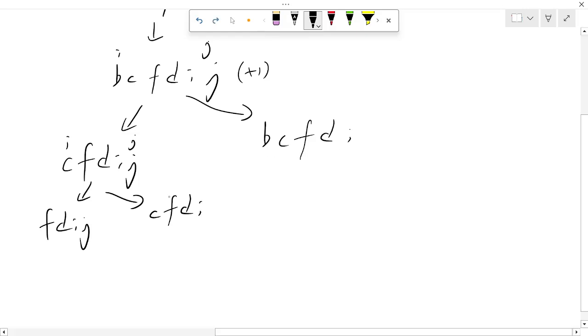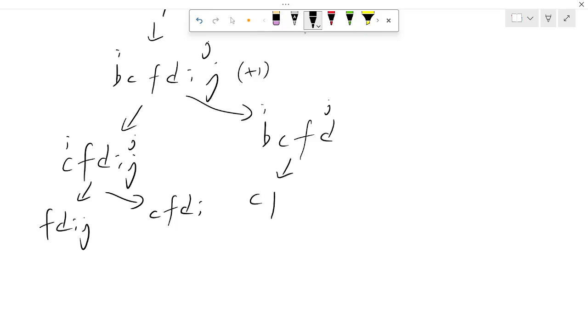Here the i and j characters are not the same, so we can increment our i, and we can decrement our j. So j is here and we can decrement our j.